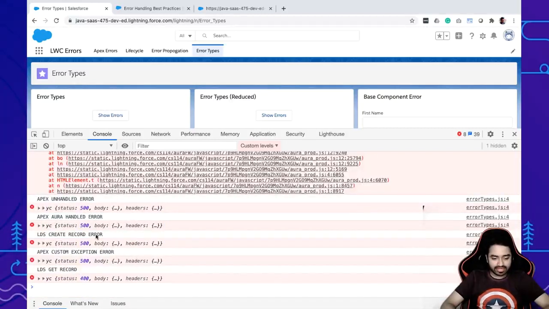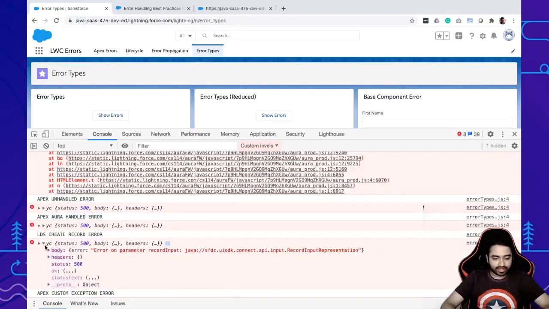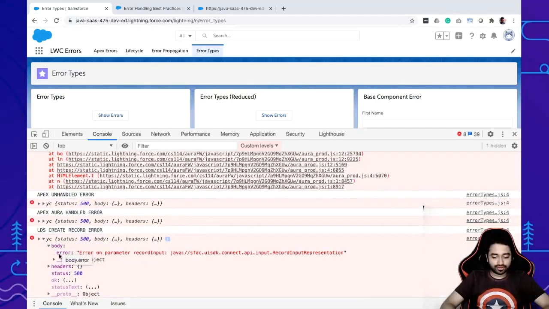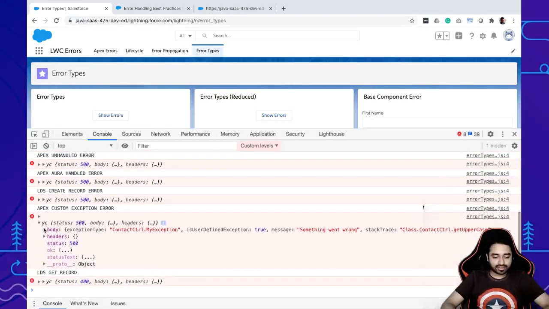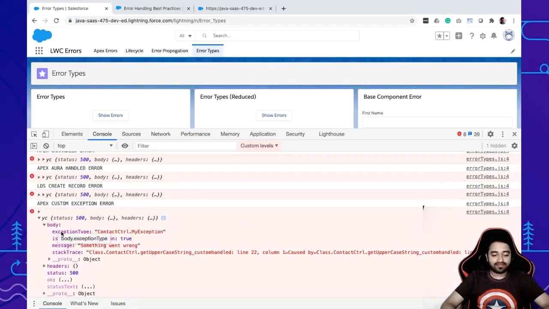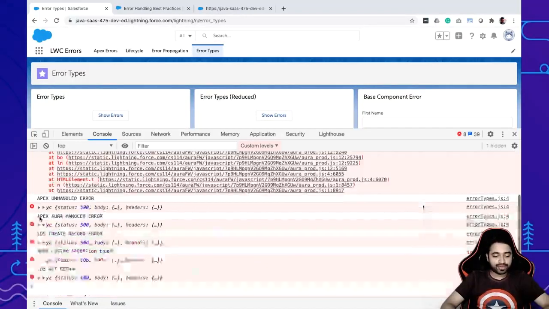When it comes to LDS, Lightning Data Service create record errors, again you're going to have a body inside which you're going to have the error as the property name, no message or anything. So this is again a different structure. Custom exception again is going to have a body, then exception type, message.